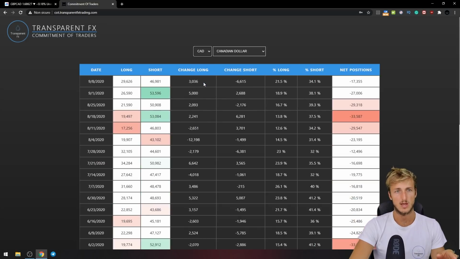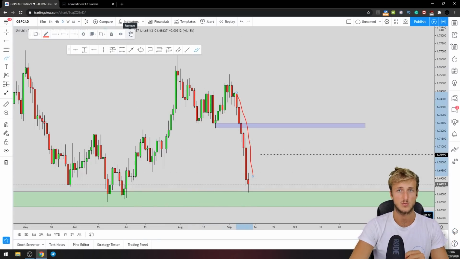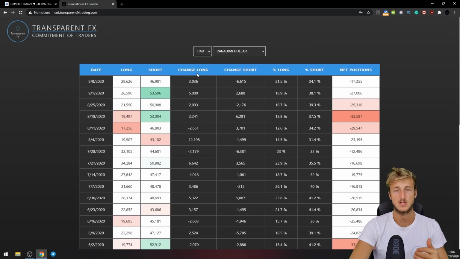And if we go and see what we have from a CAD perspective, what we can see now on the CAD, we can clearly understand why the market gave us this move to the downside. Not only did we have GBP weakness, but the CAD has actually been bought. In fact, with the last report, we can see that institutions added 3K longs and closed 6.6K shorts, bringing the